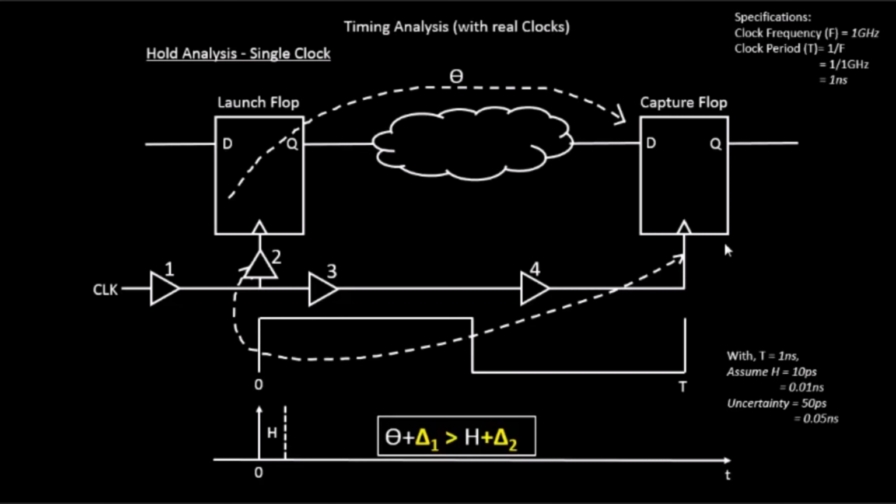So what we'll do is we'll try to model that particular uncertainty. It might also happen that it reaches over here at delta 1 minus 50 picoseconds and it reaches over here at delta 1 plus 50 picoseconds. Sorry, delta 2 plus 50 picoseconds. So you see there is some value of uncertainty, and so what we have to do is we have to actually model this uncertainty value into this particular equation. Basically we have to make this equation more pessimistic.